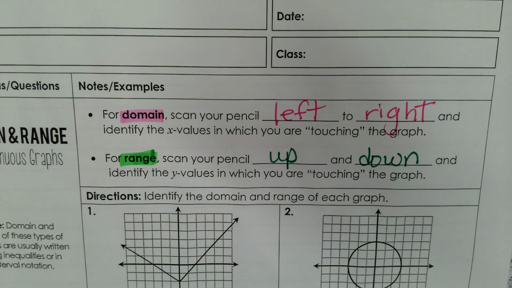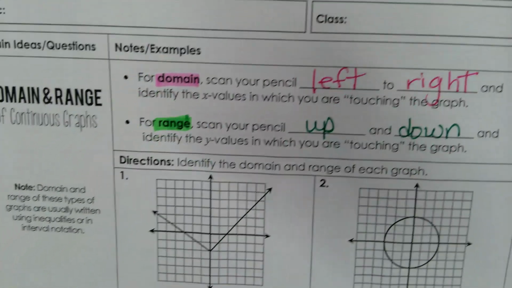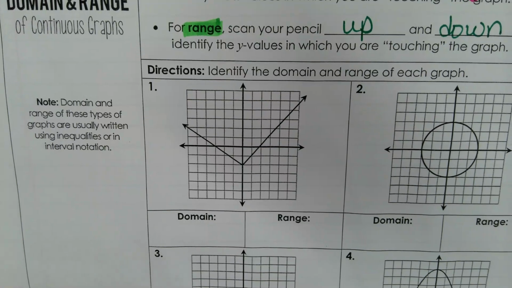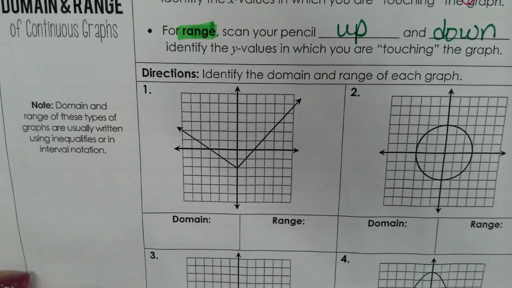And essentially we're looking for boundaries, like a fence. And when my dogs are in my fenced yard, they cannot get out. They can't go outside of the fence. They can't run in the road. This is kind of what domain and range are. It's the boundaries that we're looking for. We're looking to see if there are any fences, any boundaries. All right, so in number 1, there is a boundary, but we're going to get to that in just a